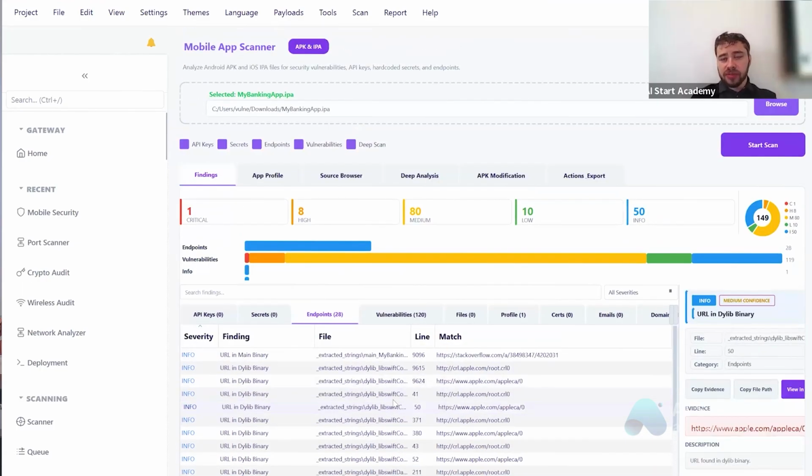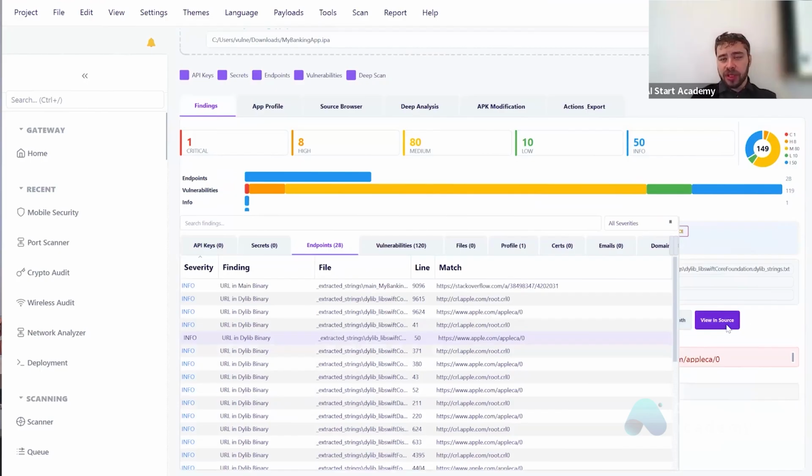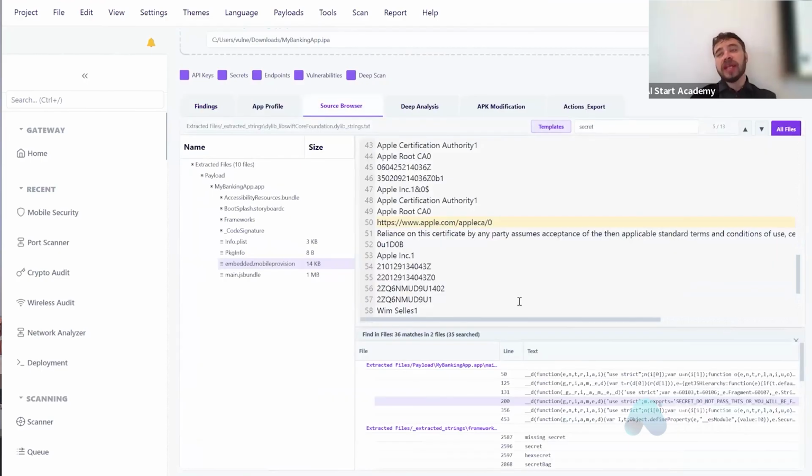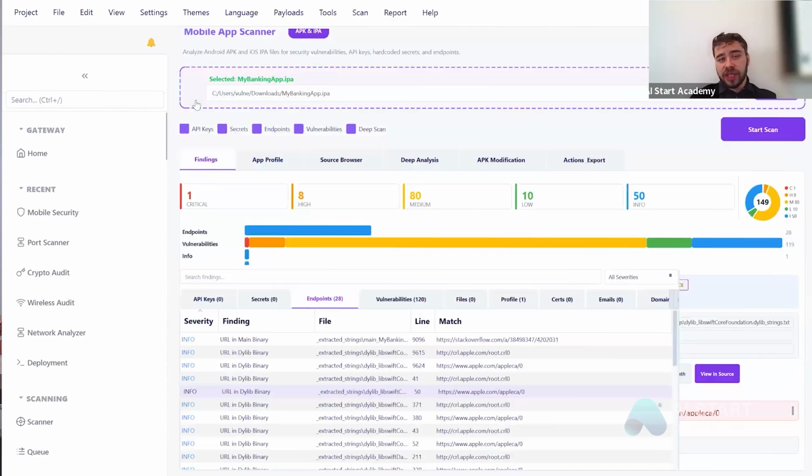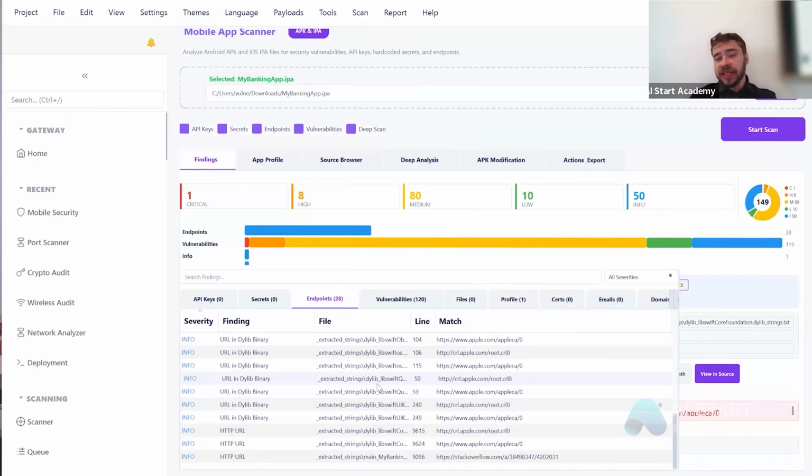So you will be able to find in the endpoints this database. After you double click on that specific endpoint, you will go to view in source, and inside the source, you will see that the guy is connecting somewhere, that the guy is using external database, that the guy is using the keys, that the guy is doing whatever crazy stuff he can do. So he assumes that his application is a black box. He assumes that nobody will be able to extract the strings and read the content of his application. But at least